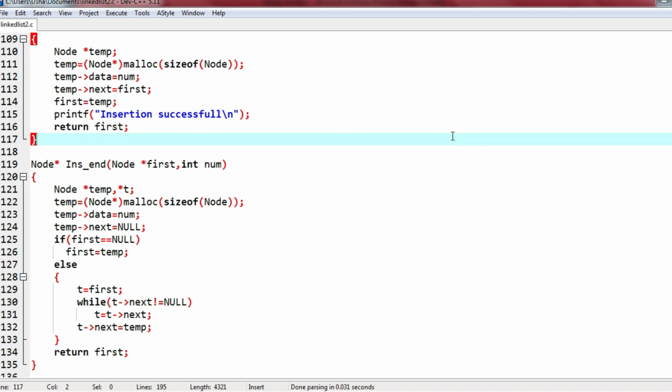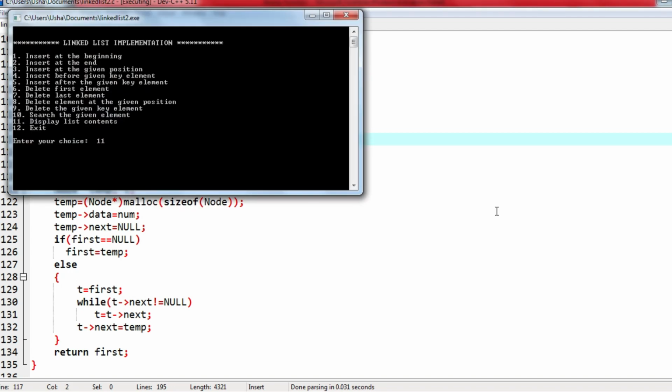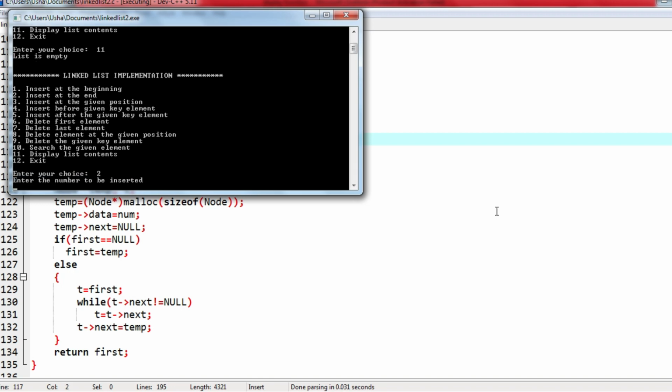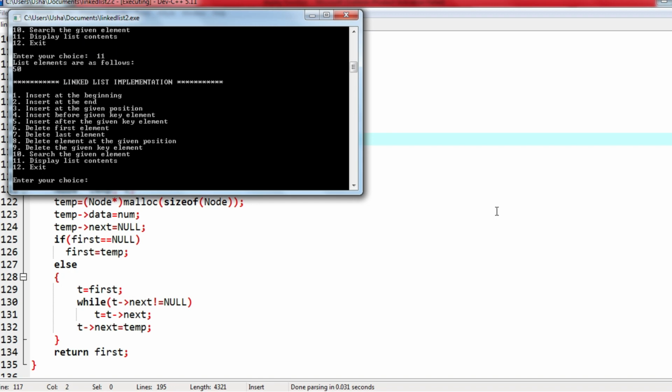Now I'll check if the list is empty, will that option work or not. I'll run the program. See, choice 11 is displaying the contents. The list is empty. Now I'll give choice 2, which is inserting at the end. I will give the number to be inserted as 50. Now I will again display the contents. See, list elements are as follows, which is 50.